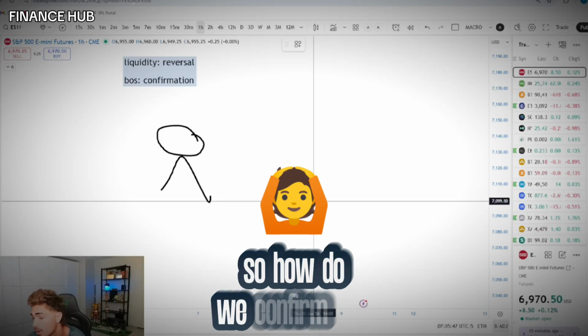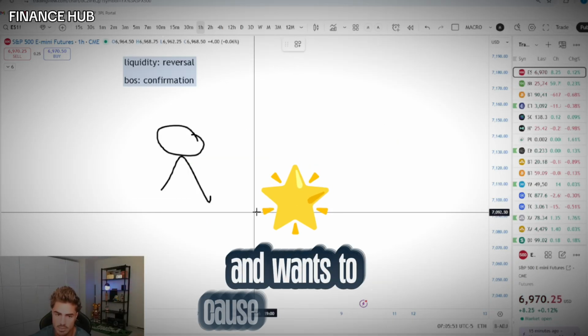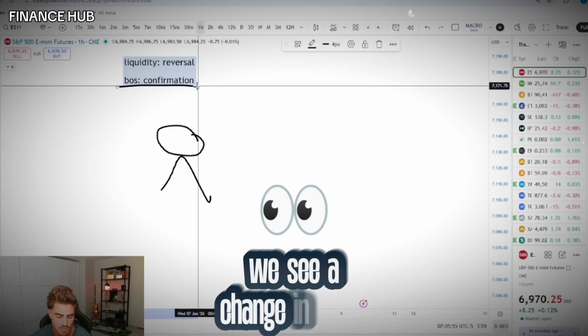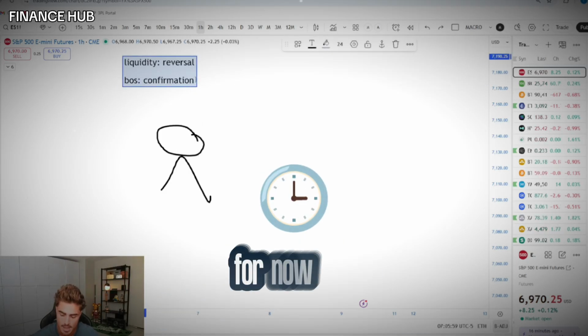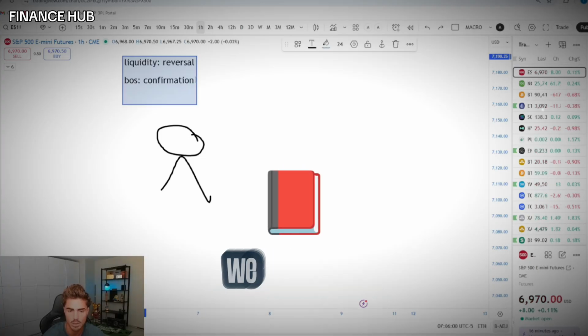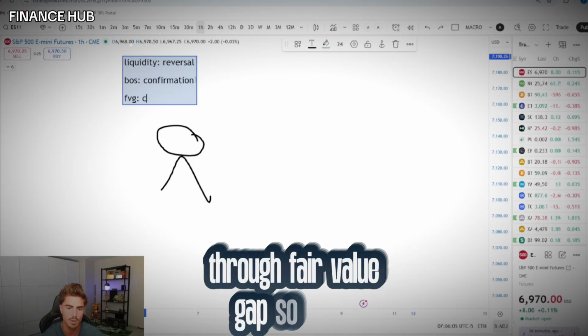So how do we confirm that price actually took that opportunity and wants to cause the reversal? We see a change in trend through break of structure. Now that's the only confirmation confluence that we know for now. And then just recently, we learned a continuation confluence through fair value gaps. So